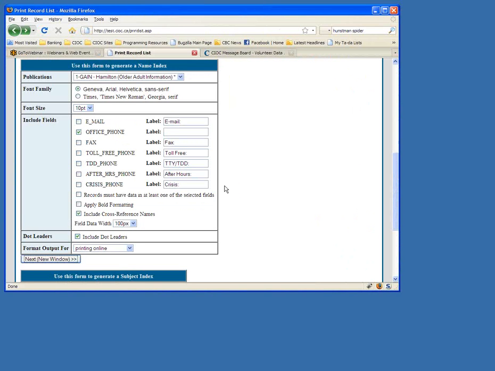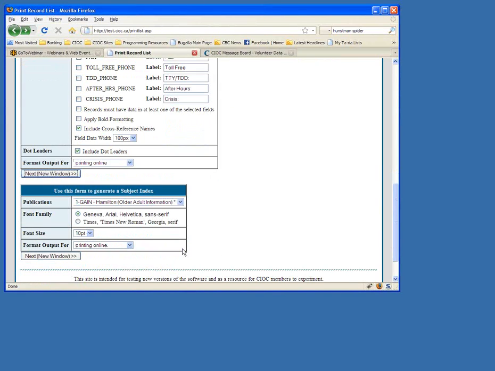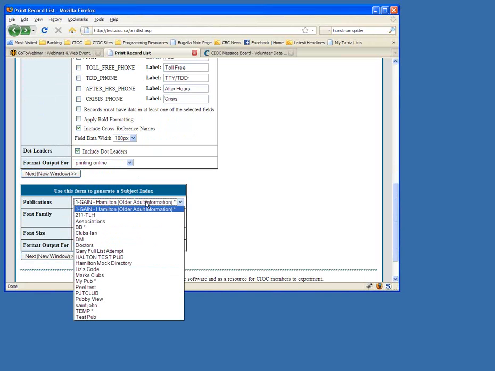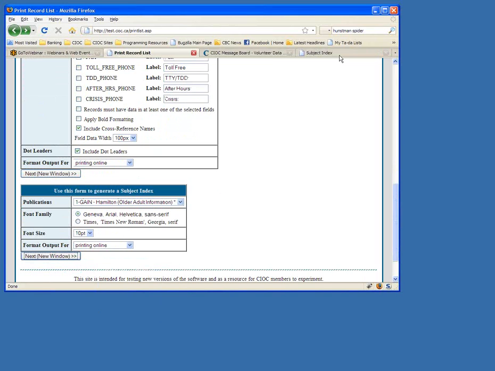The subject index works very similarly. Although it's called a subject index, it's important to understand that the subjects are actually general headings based on the particular publication that you're working with. I don't know if this one has any. Yes, it does. So in this case, the GAIN publication has a number of general headings assigned to it,